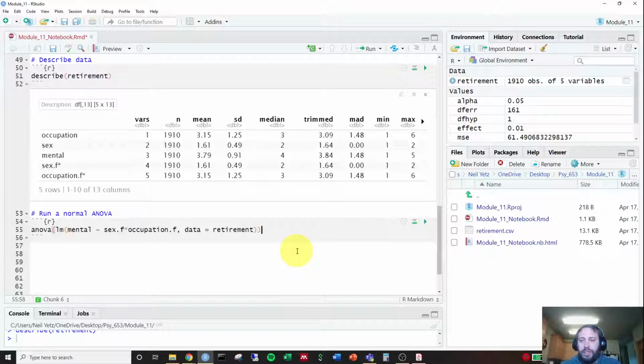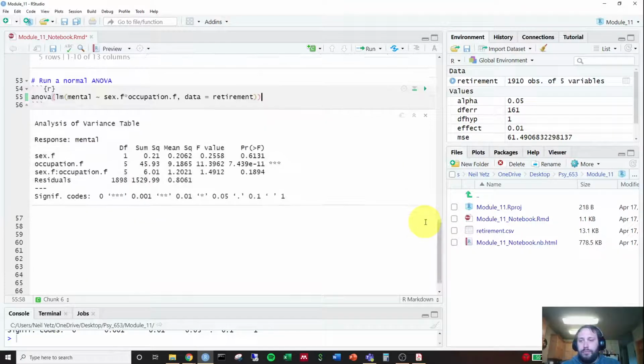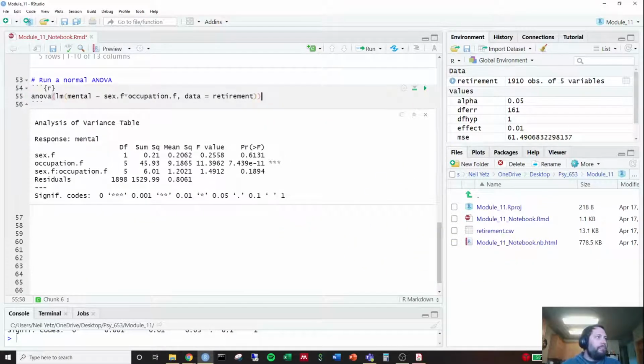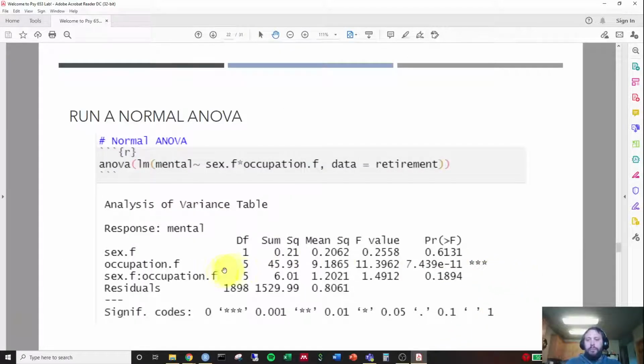Okay, so we run that. There we go. So what are we seeing here? We see that the main effect of sex is not significant. It was 1 degree of freedom, which makes sense because there are 2 levels. Occupation.f is significant here, so we're saying that there is a significant value with occupation.f. It seems like somewhere there's a difference in occupation, and then the interaction between sex.f and